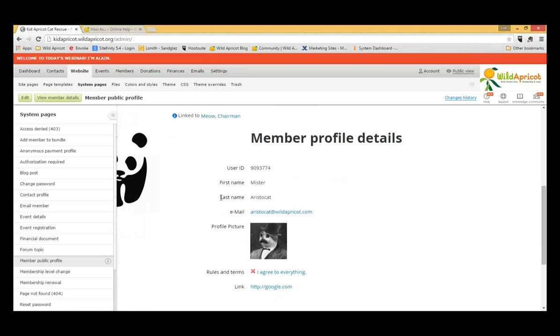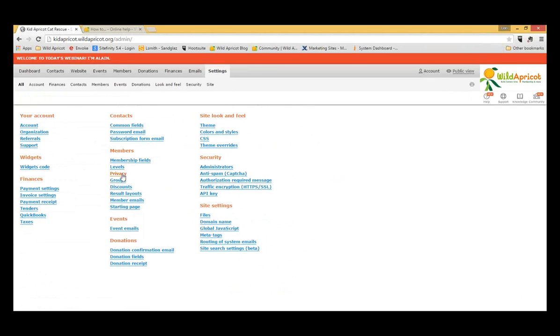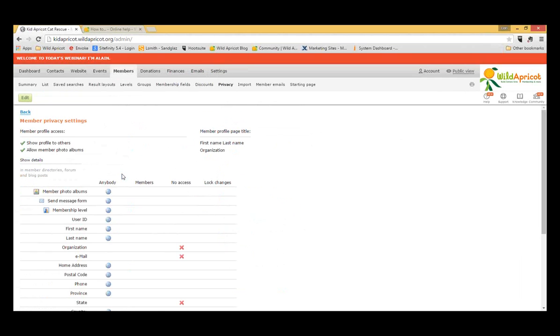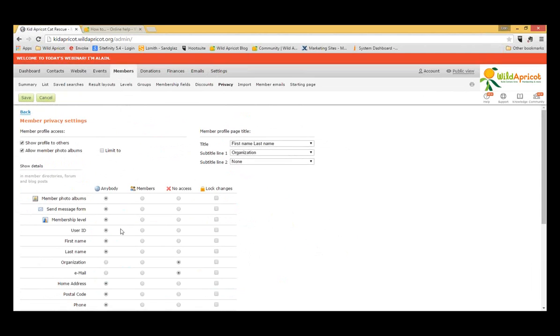But it doesn't have to be like that. If you go to settings and under members, you'll see privacy. These are the fields that correspond to the profile page. Right now, the first and last name fields are listed as anybody, so anybody could see those. But if I were to change it to no access,